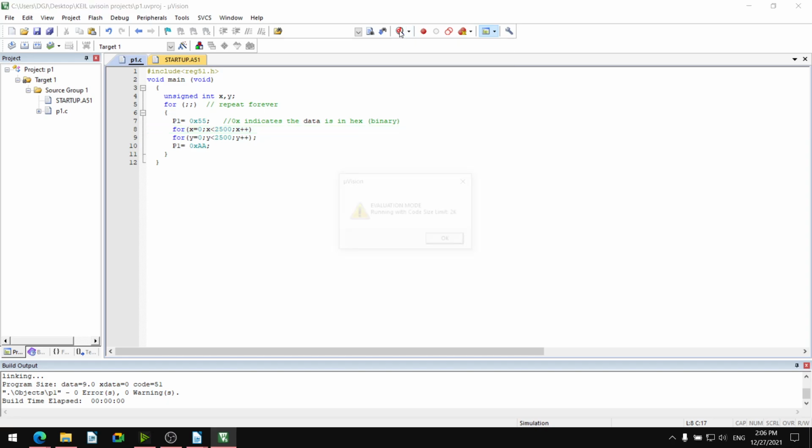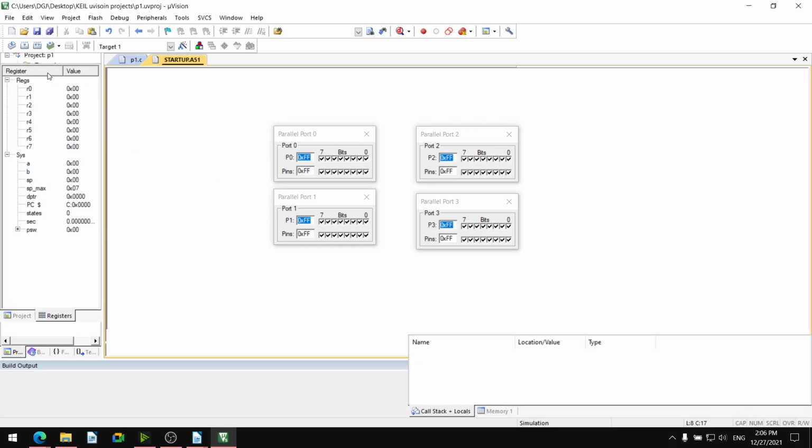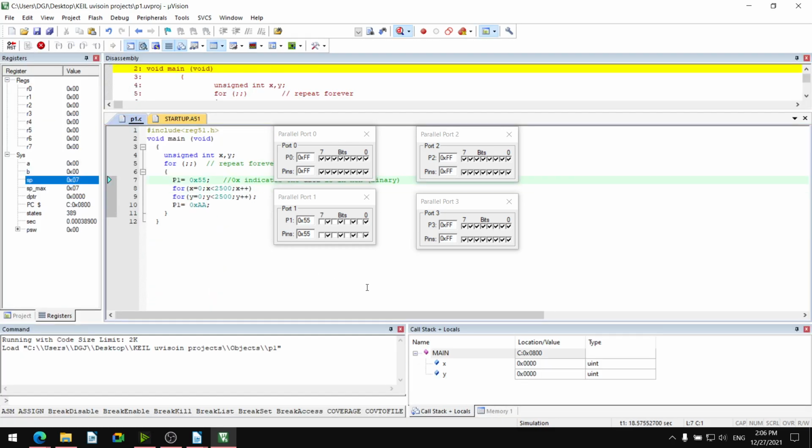Zero error, zero warning. 55 is there. Then delay is there. Then there will be AA. After displaying AA, immediately it goes to 55. So always after 55 the delay will be there, it is visible, and after the delay AA is displayed and immediately it goes to 55.